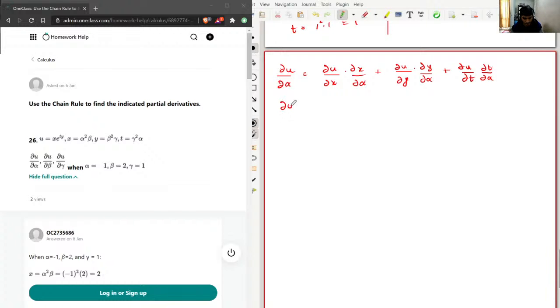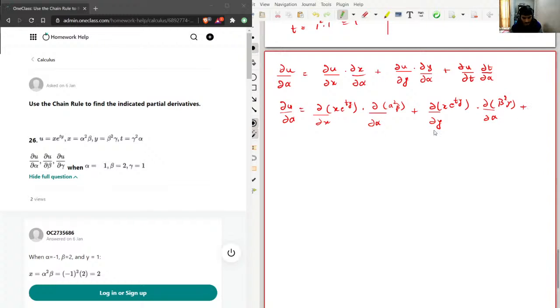So I'll write del u by del alpha is del u by del x times del over del alpha of x, which is alpha square beta, plus del over del y, again u is x e power ty, times del over del alpha of y, which is beta square gamma,